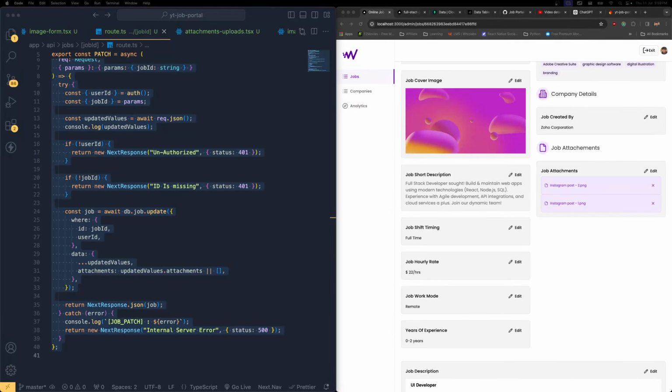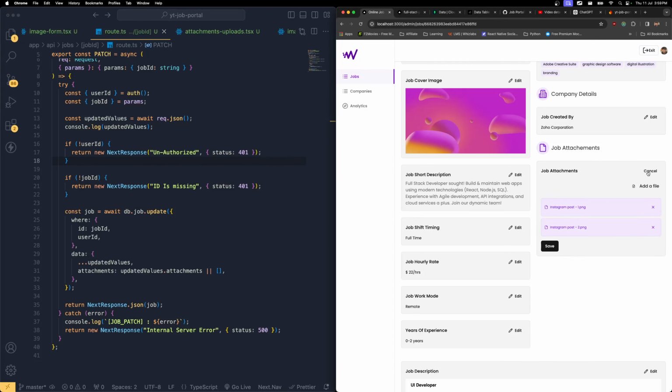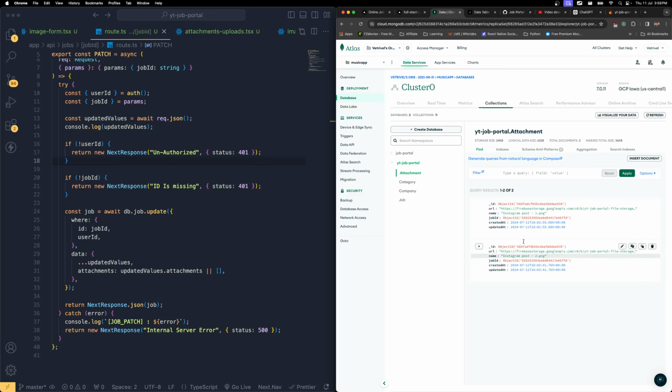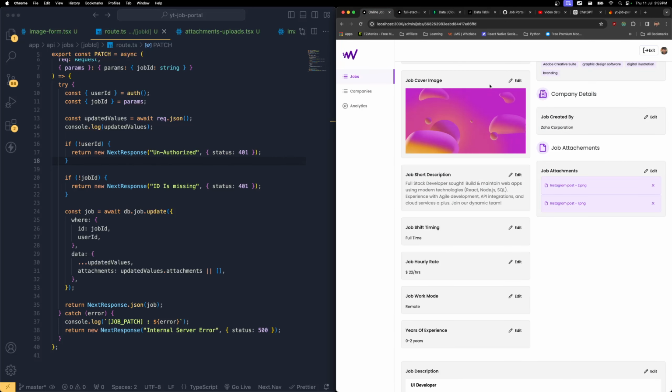Alright then, so in the previous video we faced an issue. Right now if I try to edit it and save it, what is happening is it's saving the data one more time in the MongoDB, which means every time I save it, it's saving the same data again and again into the MongoDB. So in order to prevent that, what we have to do is